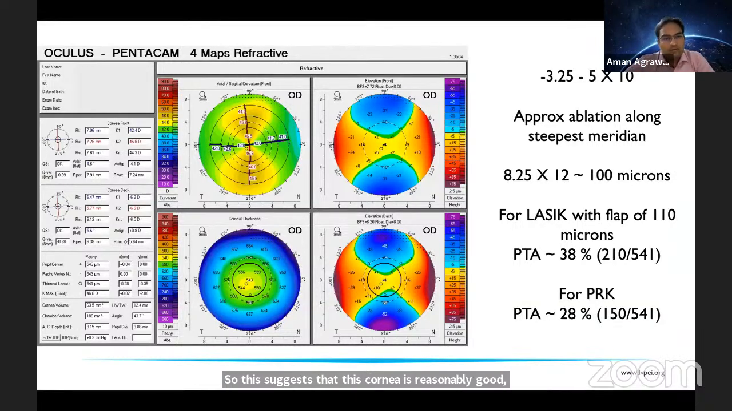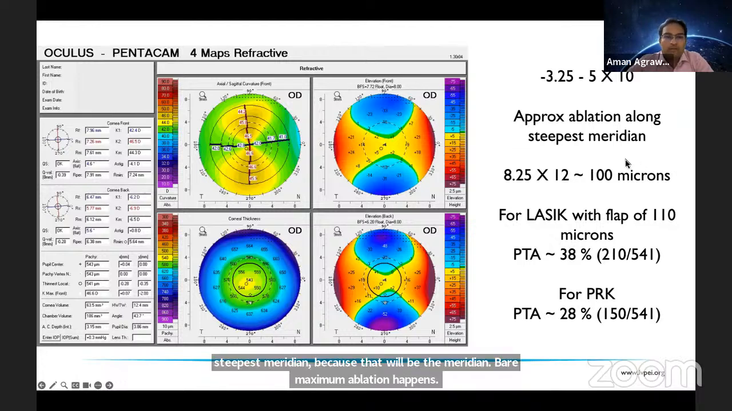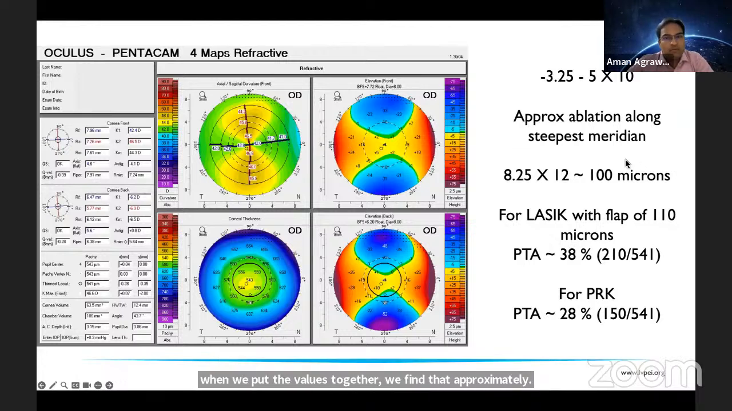But then we need to decide which surgery would be better for this. If we take the example of the right eye, which had a refraction of minus 3.25 sphere with a minus 5 cylinder, we can calculate according to the Munnerlyn formula the approximate ablation, which will happen along the steepest meridian, because that will be the meridian where maximum ablation happens. When we put the values together, we find that approximately 100 microns of ablation will be required for this